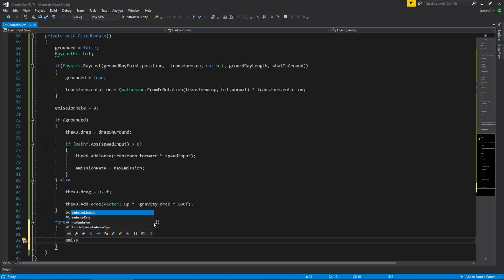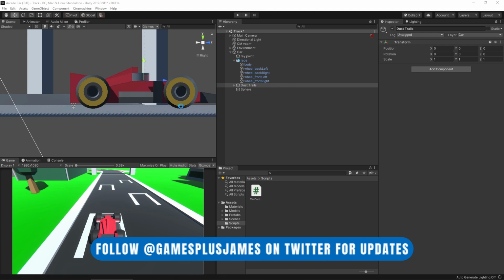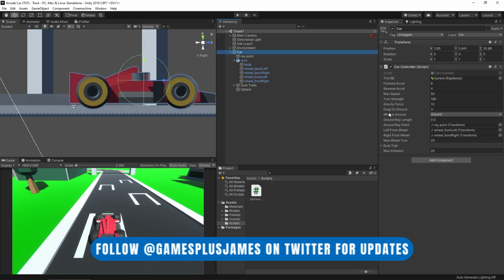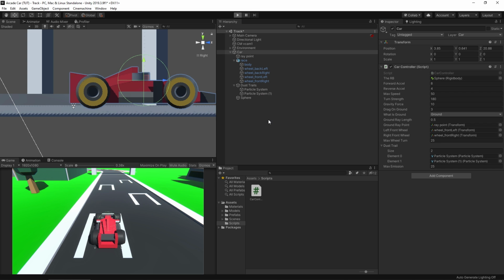And then we have the emission module that we just created, rate over time equals the emission rate that we have set here. So that's either 0 or our max emission value, which is a very quick and simple way of just controlling the amount that's coming out of our particle effect. So now when I save, let's go back to our car and assign these two little dust trails that we have to this. So now I can play